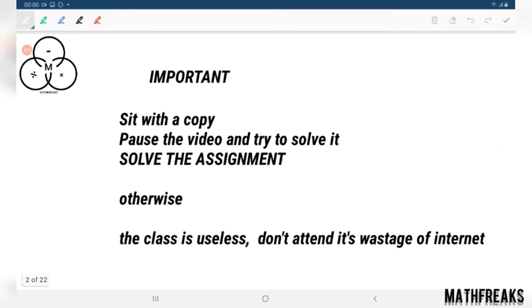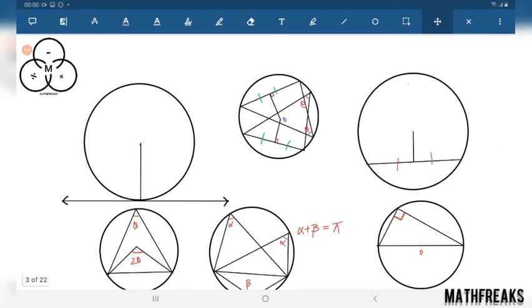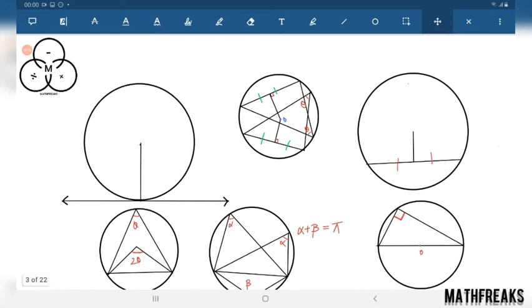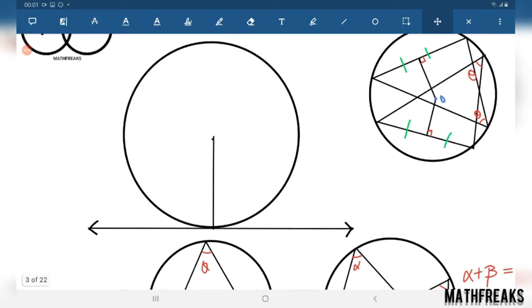And this is the most important note as well. Now these are the properties of circle that we are going to discuss. In these 2 pages we have completed all the properties of circle comprehensively. So let us discuss from the first.